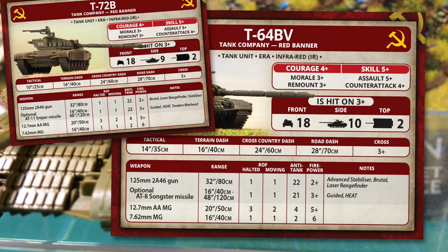T-72B's AT-11 sniper missile has slightly better penetration at 22 than T-64's Songster with AT-21. That might help crack some tougher NATO tanks, but both guns have an AT of 22, so it depends if you plan to missile snipe at long range or use the gun. Most on-table engagements are at effective gun range anyway. However, the sniper's tandem warhead rule might help you if you're expecting to face an opponent with ERA or other